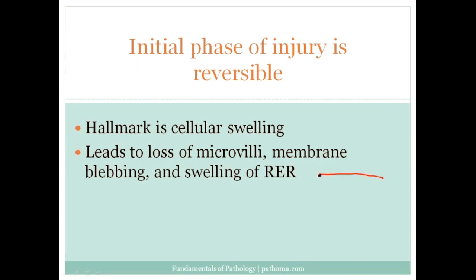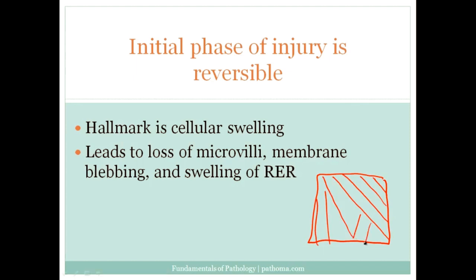Let's go back and remind ourselves that the cell contains something called a cytoskeleton, and the cytoskeleton maintains the size and shape of the cell, but also maintains the integrity of the membrane along the surface of the cell. Now, if there is excess water coming into the cell, then little blebs can form on the surface of the membrane as they pull away from the cytoskeleton, and that would be another sign of reversible injury. But again, what's the key principle? Cellular swelling. So that's the hallmark. That's why I say that if you just understand cellular swelling, everything else is sort of a consequence of that.